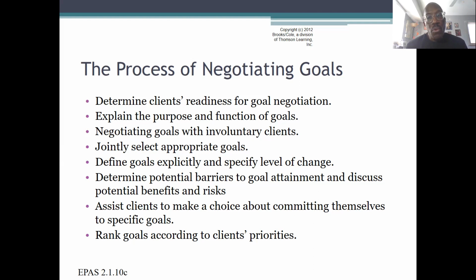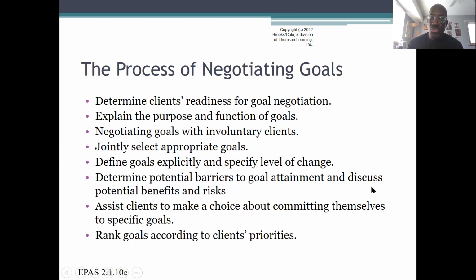However, I want to also make sure that we're on top of things. So as a part of the agreement, I would want you to agree that if you missed a UA, you didn't show up, or that one was dirty, then we would say that we do have an issue, and then we would go in for a chemical health assessment, and then we would do treatment. So think about it. We can try it your way, we can try it the other way, with the understanding that if your way doesn't work, we're going to have to revert back to that way. So that's an example of